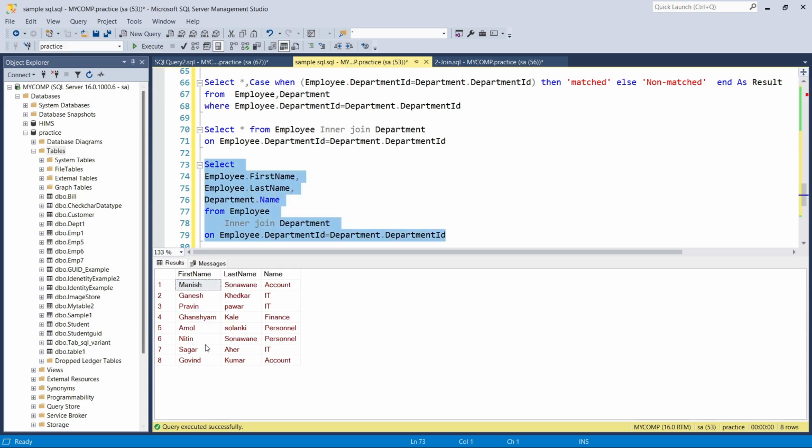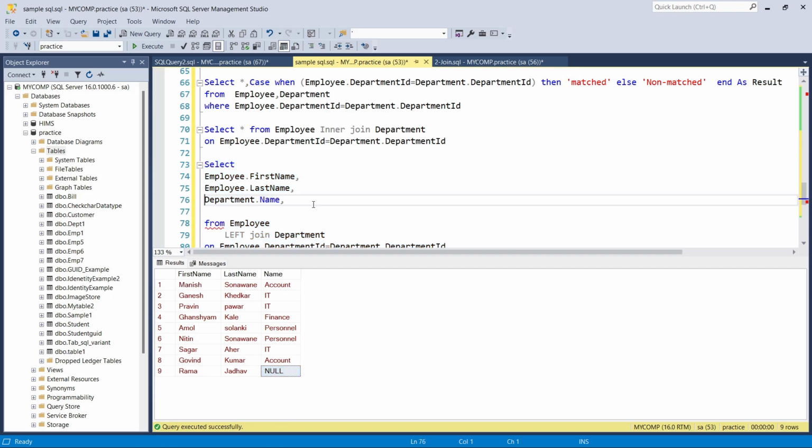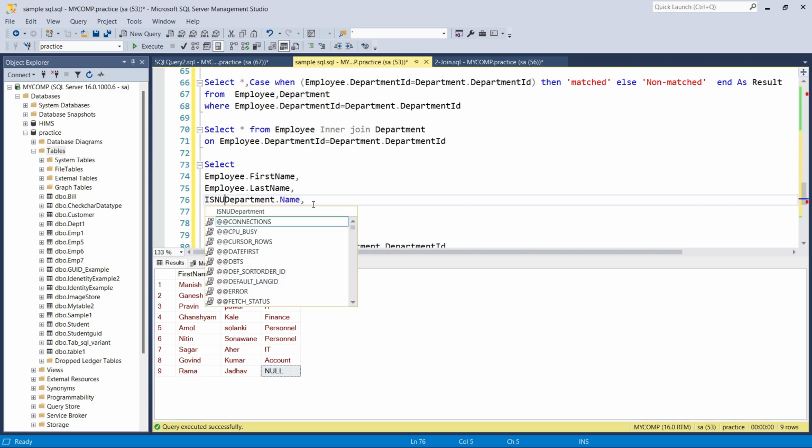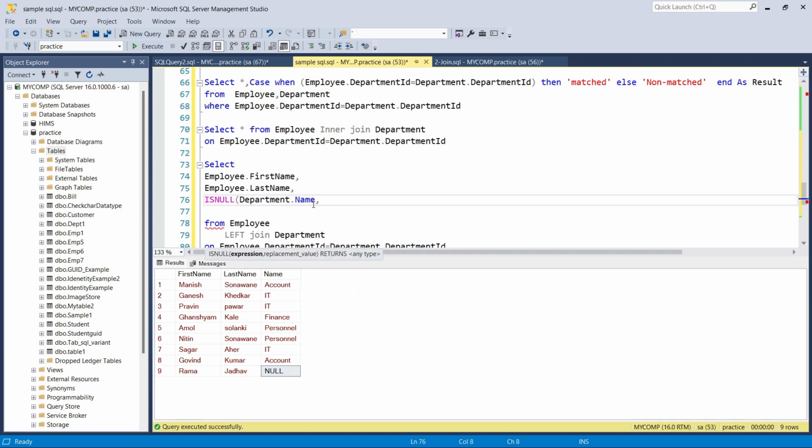And one more thing I missed here. I used the inner join, and I am getting not all the records, only 8 records. So how to handle that? Here you have to mention the left join, and in front of that there is a null value. So how to handle the null? If department ID is null, then what records do we have to show? No department